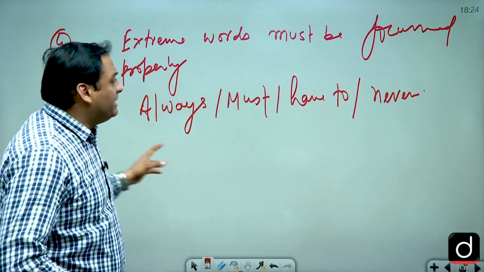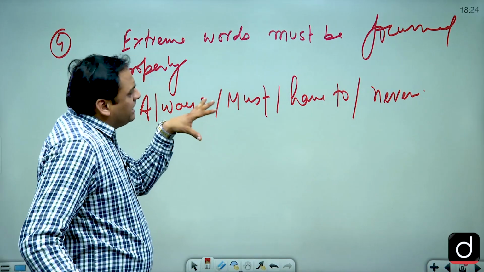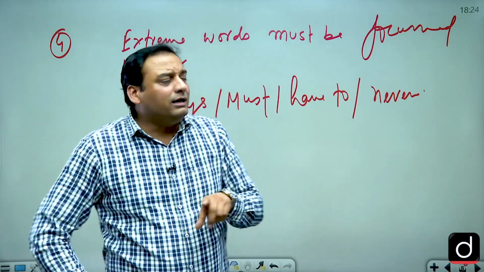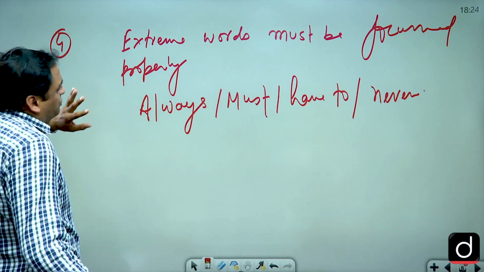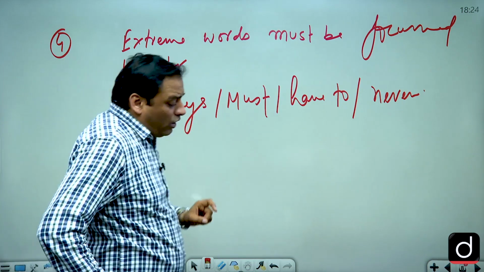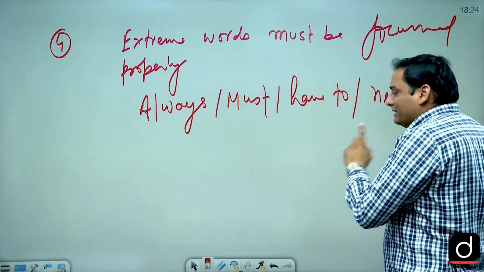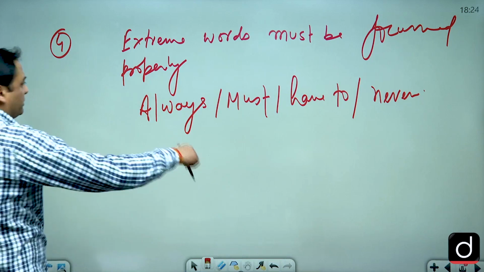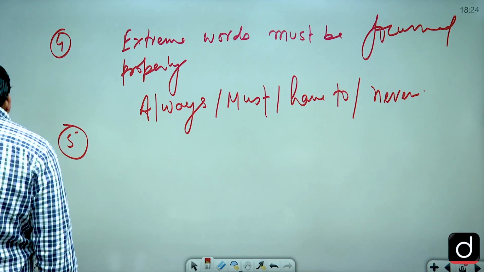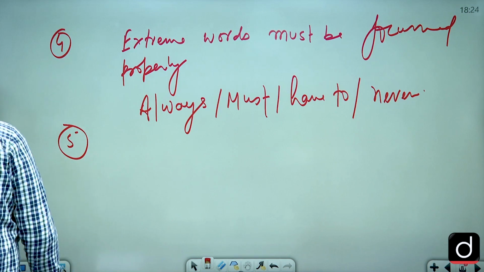But most of the time, when the author puts these words in complex ideas in the options, it means he is putting pressure on you to fall into the trap. So do not get stuck in the trap, because these words are used to make a trap, and the intention of the author is to make you stuck in this trap. So please remember these extreme words. Fifth one that is very important for you, reading between the lines, and these are the words that you should focus on. And the next thing,